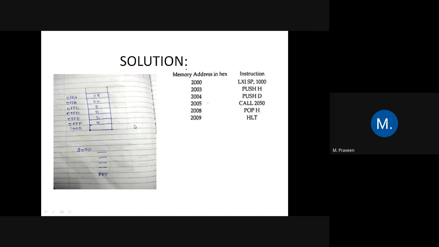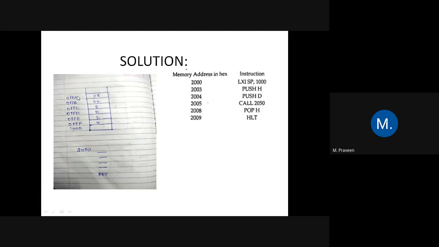What we'll do is pop the already stored value in the stack into the program counter. Already we stored 2008 in the stack, so during the return instruction, this 2008 will be popped from the stack to the program counter. During the pop, the current address of the stack is 0FFA. From the current address we have 08, so that will be moved to the program counter.